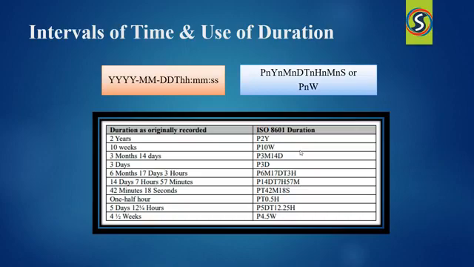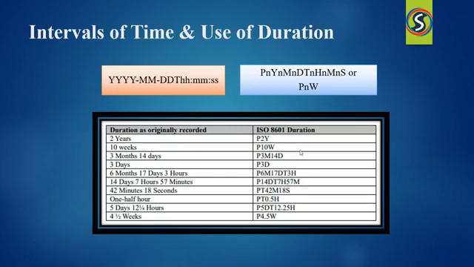ISO 8601 also allows that the lowest order component of duration being represented may be represented in decimal format. So this may be useful for us if your data is collected in formats such as 1.5 hours, 2.5 weeks, or say for example 1/2 a week or 1/4 of an hour, and the sponsor wishes to represent this precision in your ISO 8601 representation. So remember that this is only allowed in the lowest order component in any duration representation.